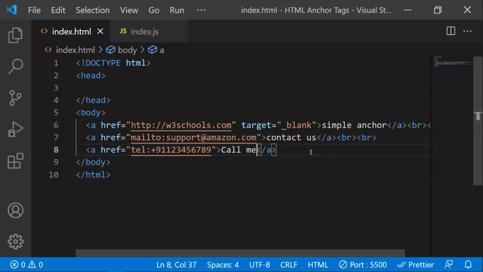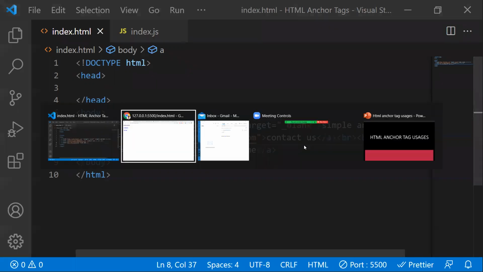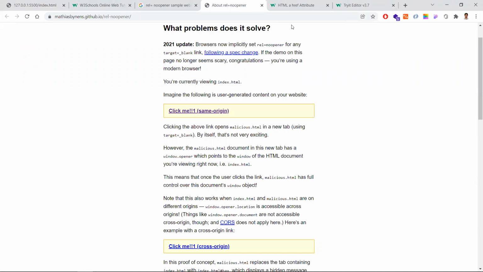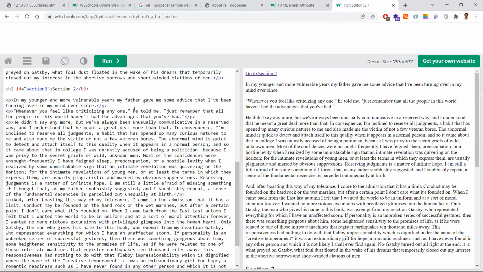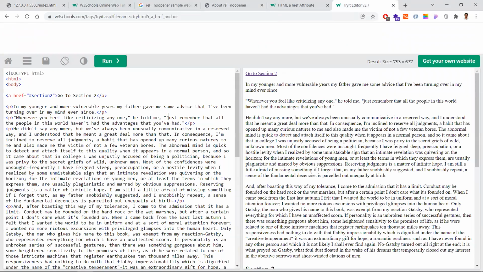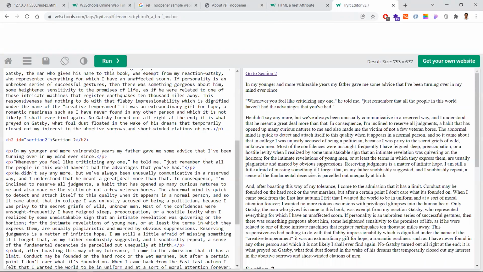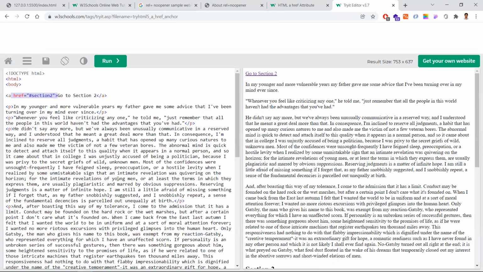Coming to the section part, if you click to some section, I will show that in an example from W3Schools. You have a piece of code like this, and there is a huge amount of data here. If you want to move to section 2, there are n number of data. There will be more sections in your page like news, blogs, contact us, about us.